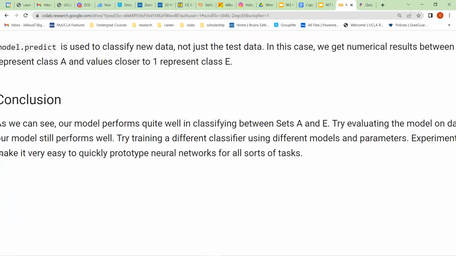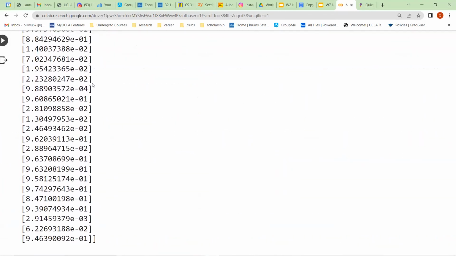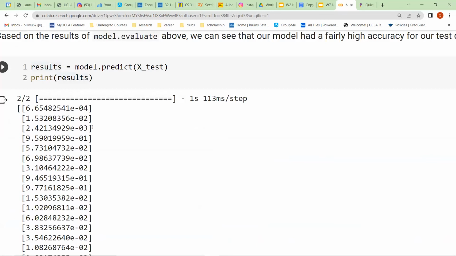On the other hand, if the model for some reason is predicting 6.65 times 10 to the negative 4, that's a number that's really close to 0. It will basically conclude that the answer is 0, and it'll compare that label and conclude that the data it was presented was from a patient who did not have epilepsy.